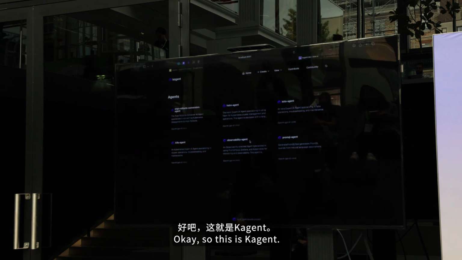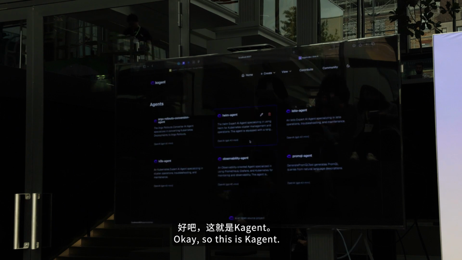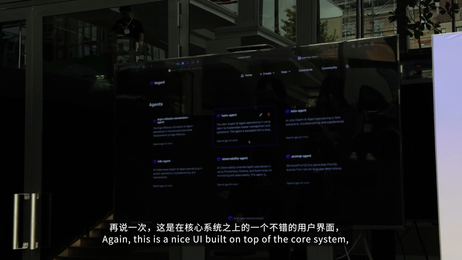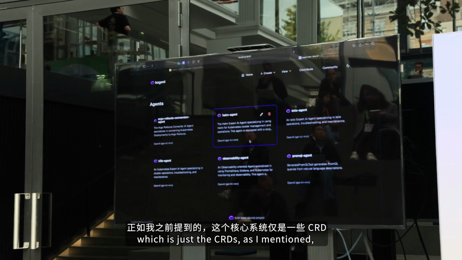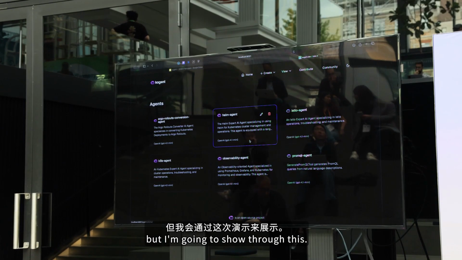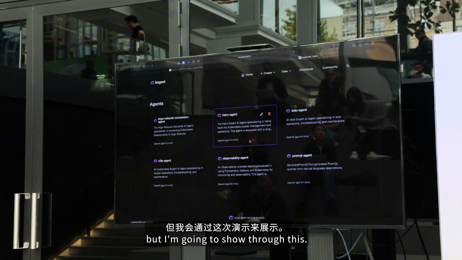All right, cool. So this is Kagent. Let me make it bigger. Okay, so this is Kagent. Again, this is a nice UI built on top of the core system, which is just the CRDs, as I mentioned.